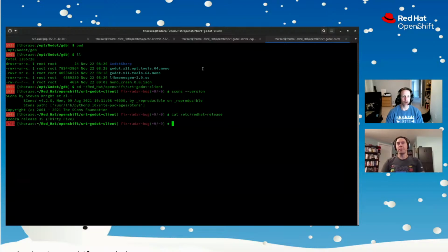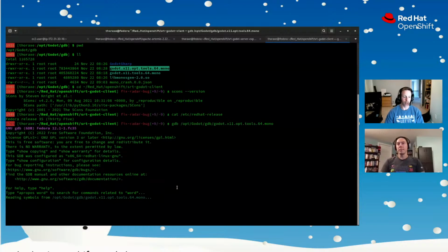Anyway, so GDB, opt, Godot, GDB, and it's this one because you build it twice when you're doing the mono for whatever reason. It's fine, who cares? And we are in the Godot client area. When you run the Godot program from a folder that has a project file, the editor automatically opens the project of the folder that you're in. But I have to set up conditional debugging or breakpoints, sorry. So while that's crushing my computer,